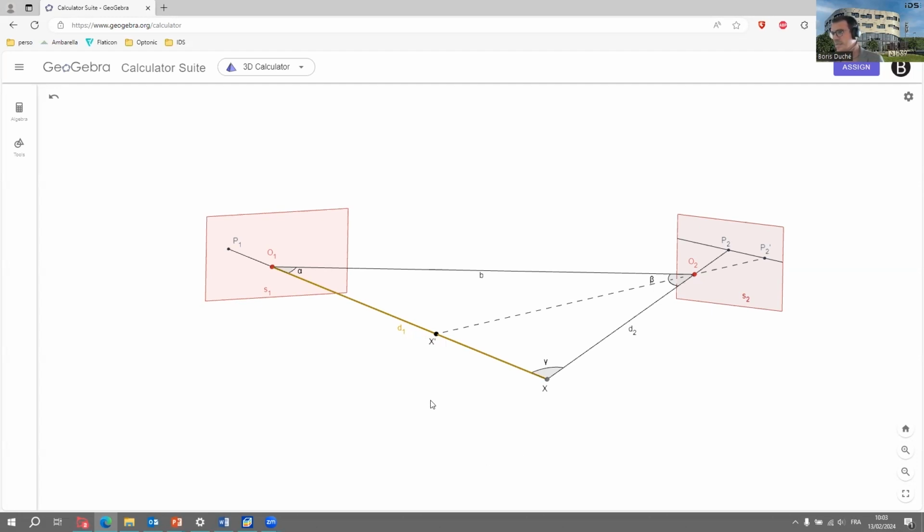And this is how our matching algorithms use this principle. So whenever we process the image of sensor number 1, we just look for a single line on sensor 2, and it makes the matching algorithm much faster, of course. To compute the depth information, that is the distance from X to P1, the system needs to be calibrated, and it is very, very important that the calibration is accurate.